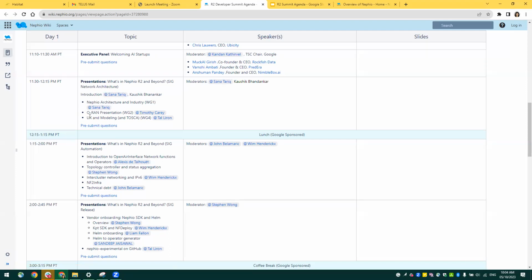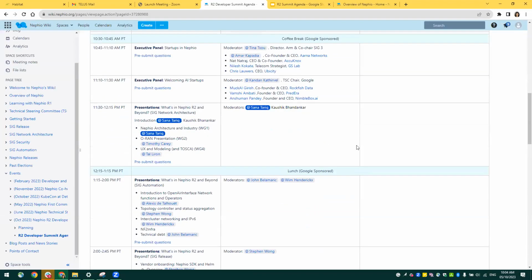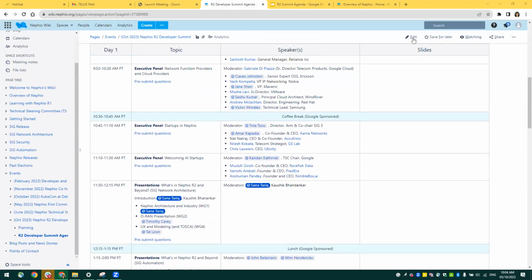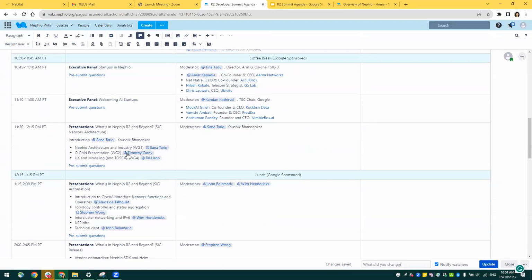The next would be the ORAN presentation, working group 2. And Tim is presenting that. So is that title correct, Tim, for your presentation? No, it's on the drive. So it's called... let me get the drive. I'm going to edit that at runtime because I'm not going to find time after this. We're doing the Nepio ORAN, so it would be the ORAN roadmap is what it's going to be called. That's a good name. Okay, so I'm going to call it ORAN Roadmap.